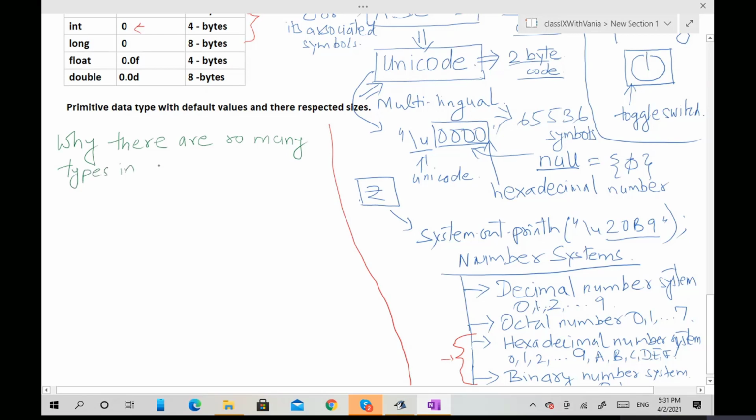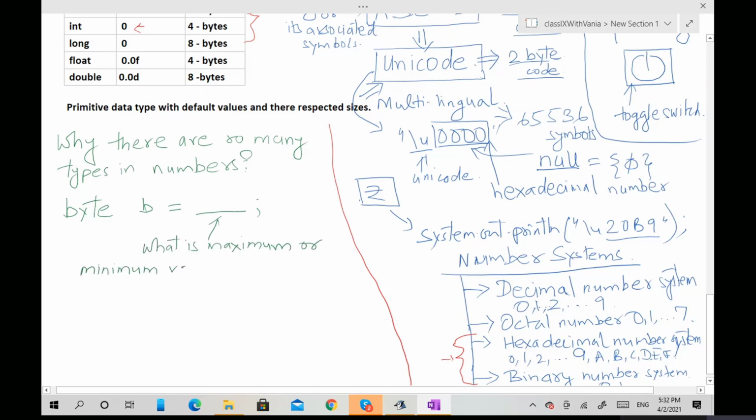If you define a byte variable, what is the maximum or minimum value you can write here?